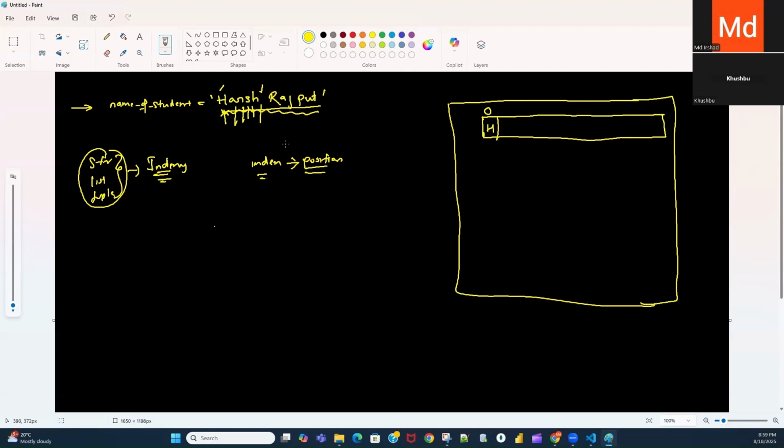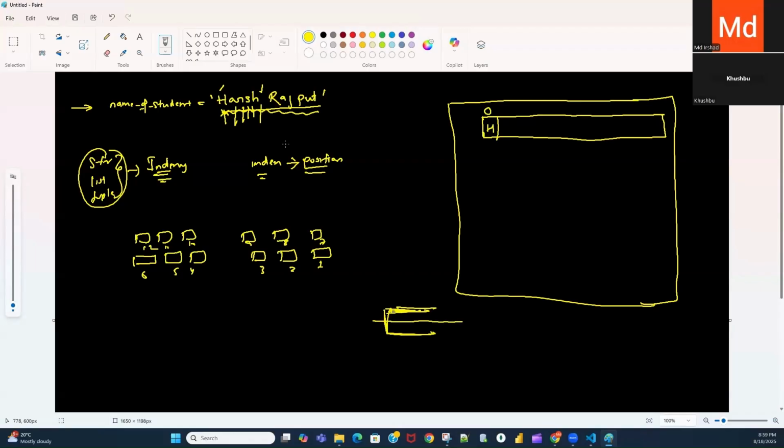For example, even in school, let's say there are student benches, and serial numbers are given 1, 2, 3, 4, 5, 6, 7, 8, 9, 10, 11, 12. Let's say this is your entry door. When the first student comes, he will sit here. When the second student comes, he will sit here.